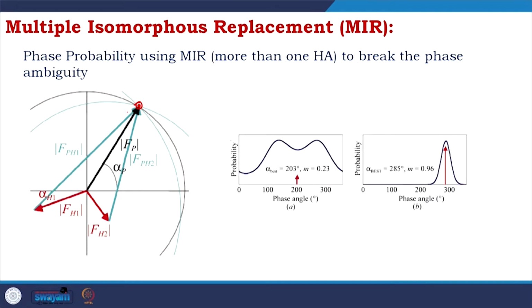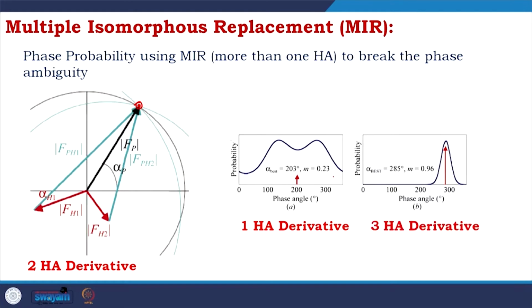If we compare, this is a 2 heavy atom derivative, this is a 1 heavy atom derivative, we talked about that, you get the confused 2 peak, and the 3 heavy atom derivative you get a very sharp peak. So, the problem of phase ambiguity is solved,